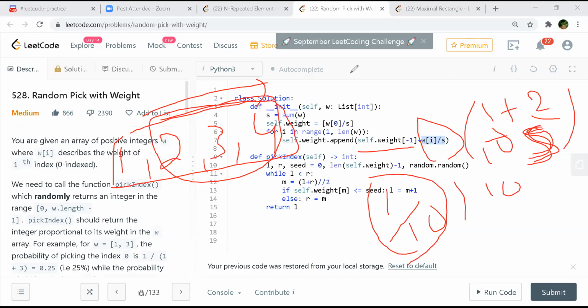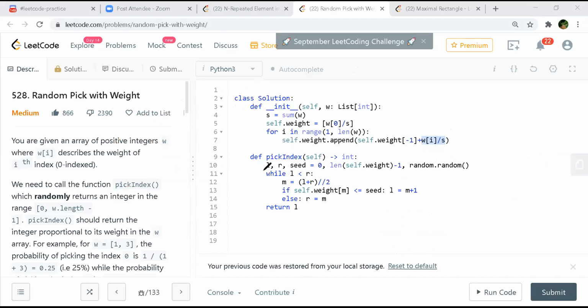Okay, and after that I'm using binary search. This is the right length and left is 0. And seed is for generating the random number you want to pick. As long as left is less than right, I'm first calculating the mid. After calculating the mid, I check whether the weight assigned at that particular mid is less than the random number or not.